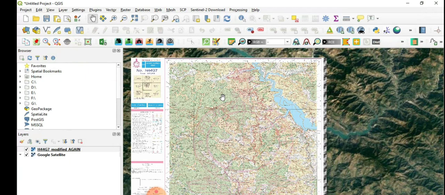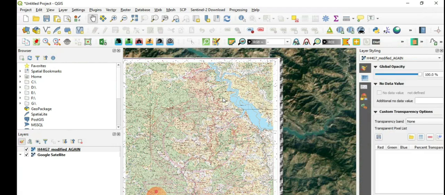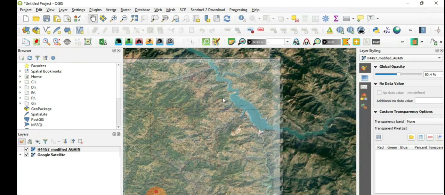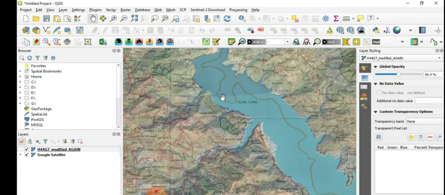overlaying on top of the satellite image, what I can do is, on the layers panel you have this option, styling panel. Just click on this, the panel appears, and what you have to do is go to this option, transparency, okay, and toggle this option, reduce the transparency. So you can see if I do a 0 transparency, my topo sheet disappears. So I can, okay, if I do this much, let us zoom in and see whether, so I think we have done very accurate georeferencing.